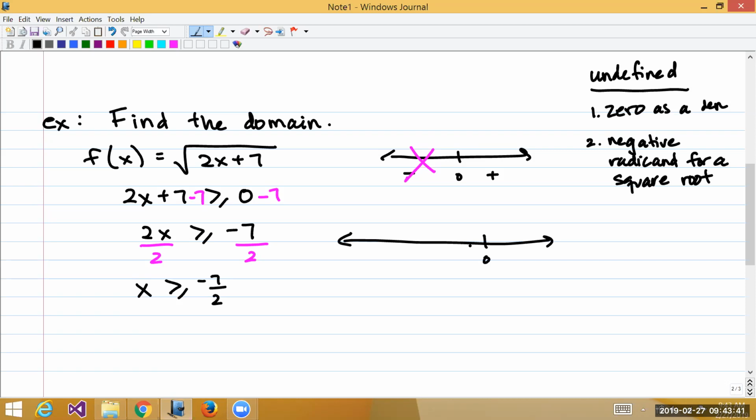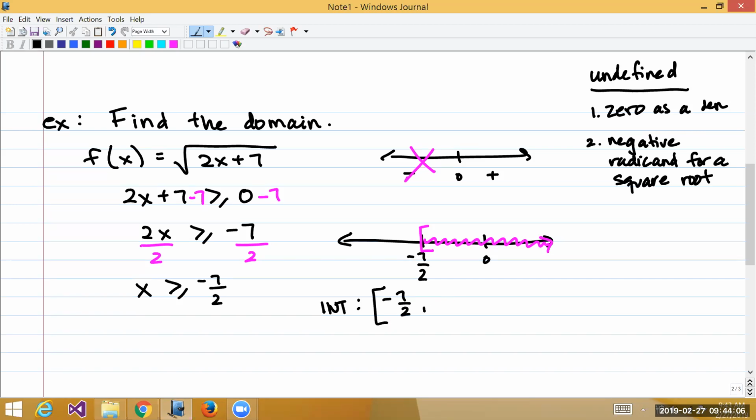Here's 0 somewhere. Here's negative 7 over 2. I want every value greater than, which will be to the right, or equal to, so brackets faced towards the shaded region. I can go ahead and write my interval notation from here. Our starting point, the furthest left my shading goes is negative 7 over 2 with a bracket,